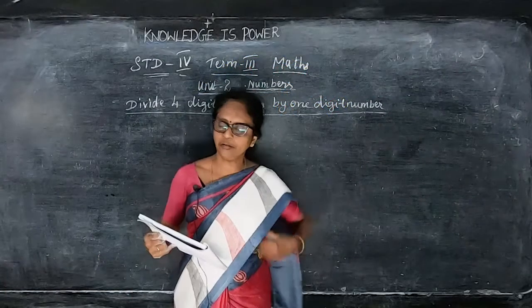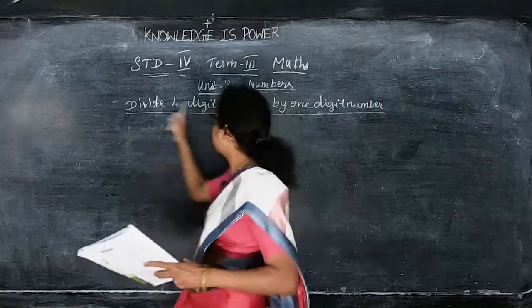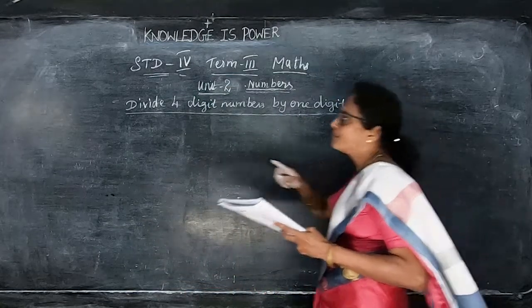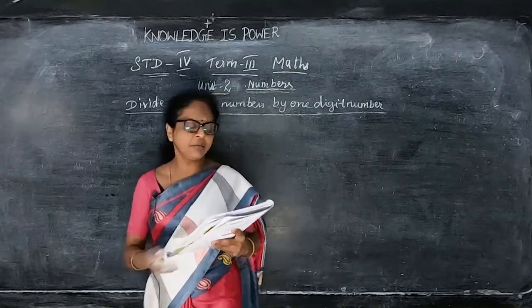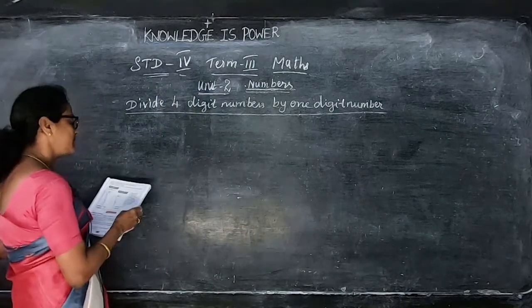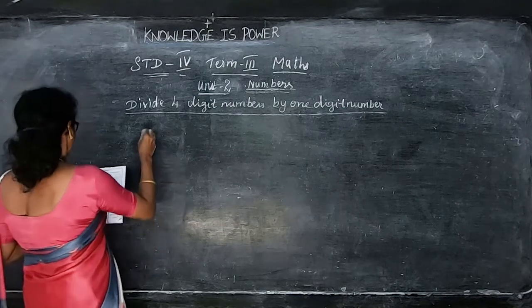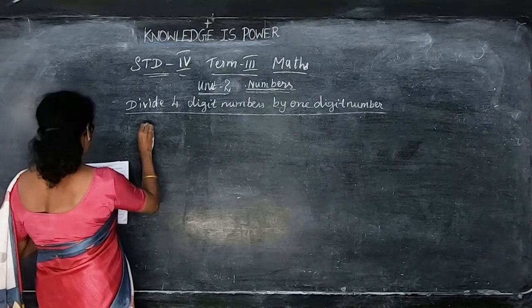Okay, children. Now we are going to see how to divide a 4-digit number by a 1-digit number. Previously we did 3-digit numbers; now we divide 4-digit numbers by a 1-digit number. For example,